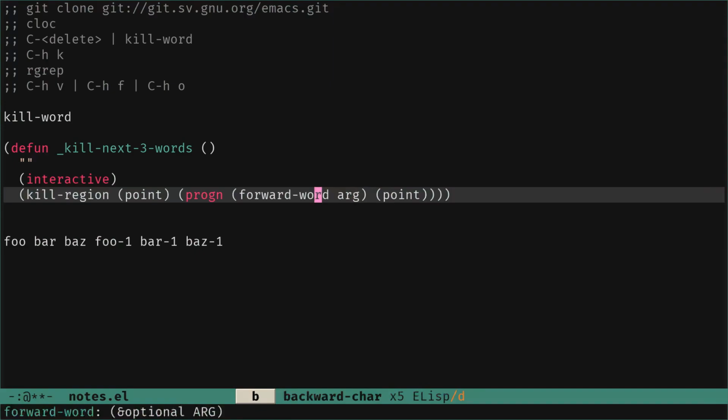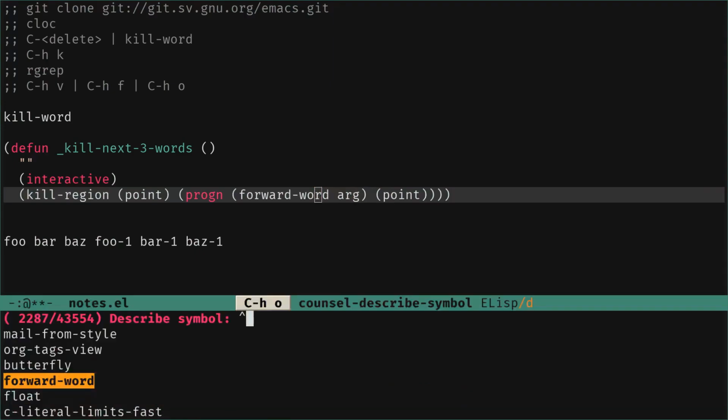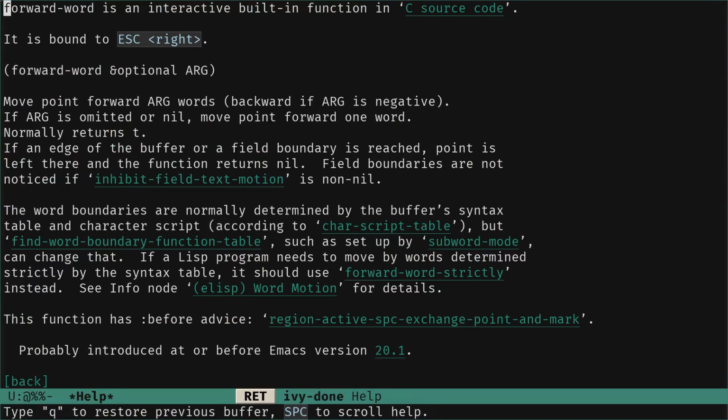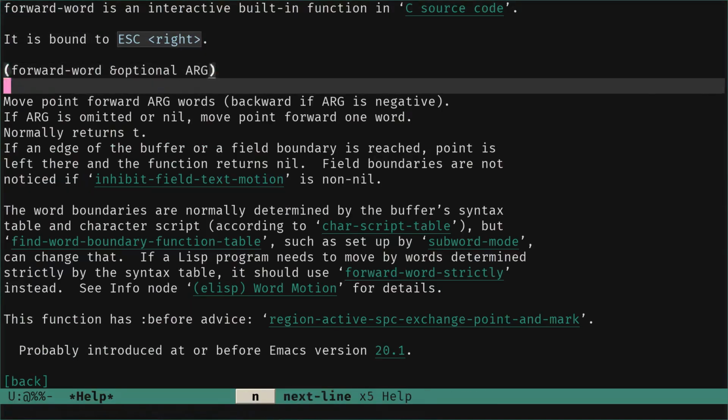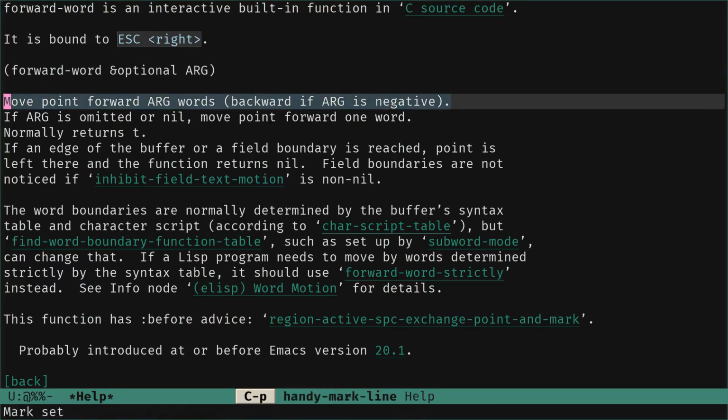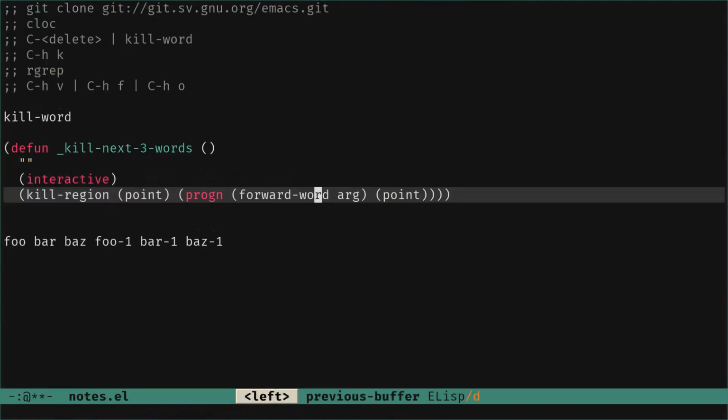Okay, but anyway, we are in Emacs. We describe the symbol at point. We have it, and this is exactly what it does. Move point forward, arg words. Okay, and if we pass it something negative, a negative number, it will go backward. Okay, fine.